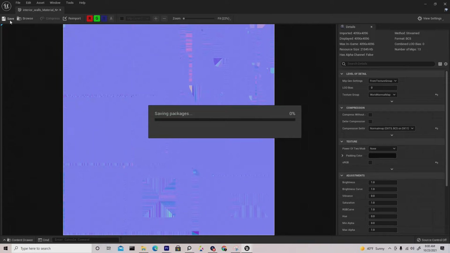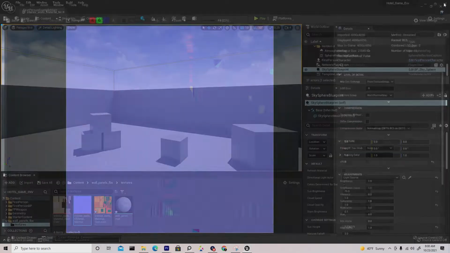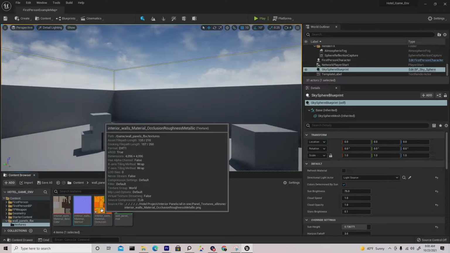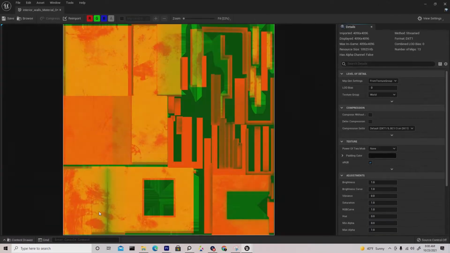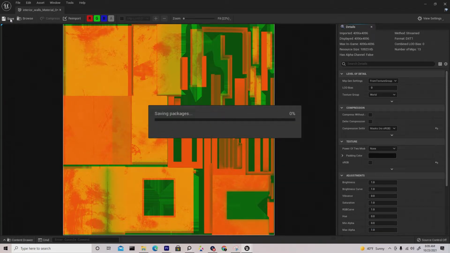But before I save it, I want to make sure that the compression is normal map. Right? Remember, the first one said default. Now this says normal. You want to ensure that says normal and save it. Exit out. Do the same for the MRAO. So double click. Go to compression, and you want to change default to mask no sRGB. That's imperative that you do that, or else your textures will look really weird. It will come out a lot darker. So press save,